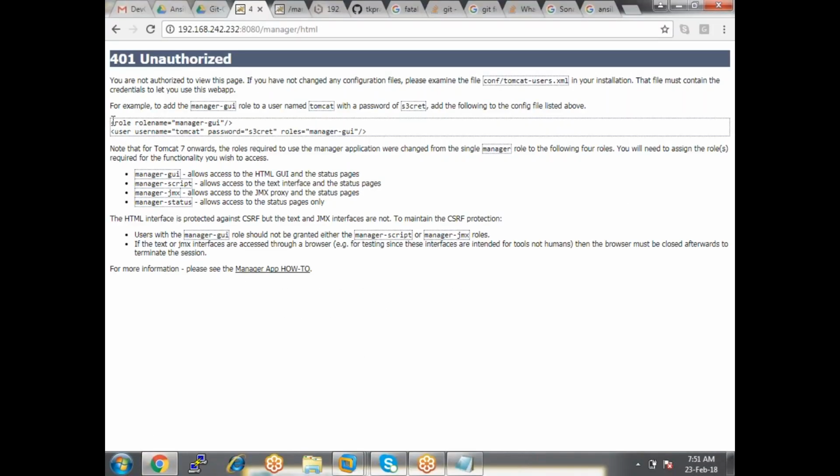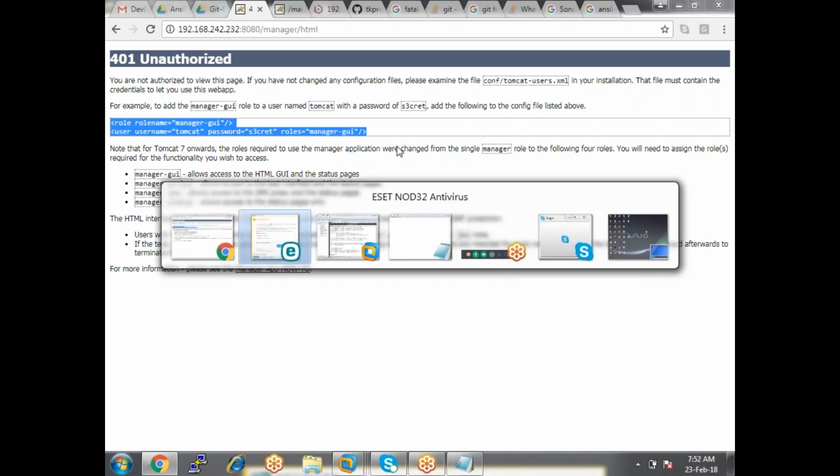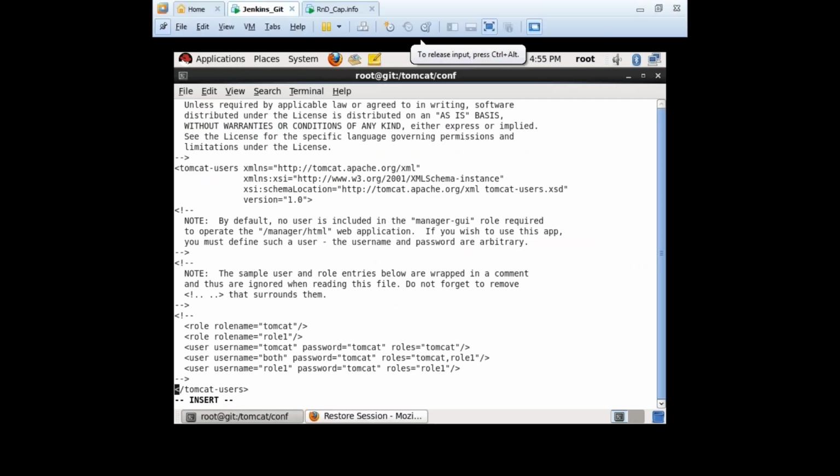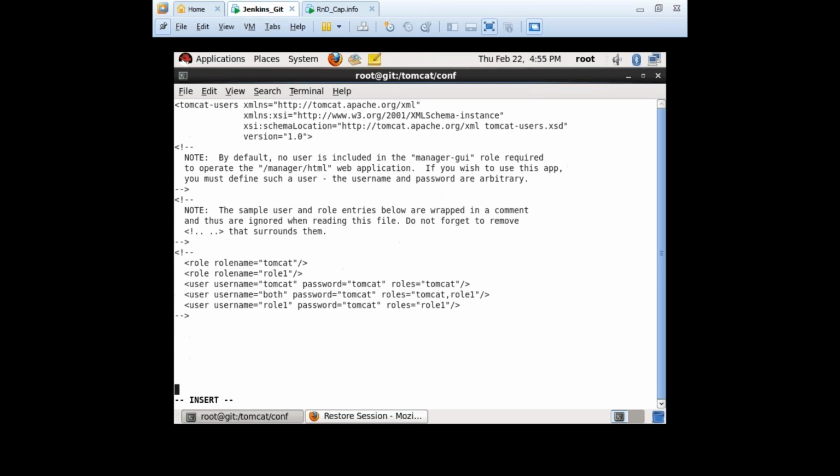Copy and paste these two lines, and just after this, press enter. Now here you create your first role name, which is equal to manager.